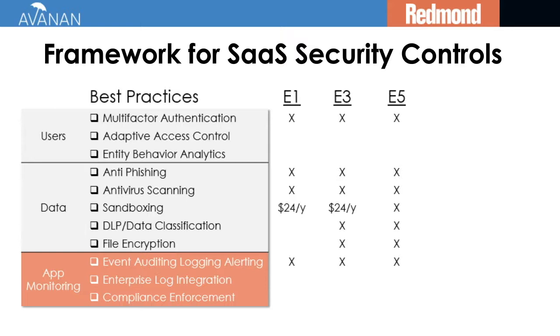So we also have to remember that even though we're talking about Office 365, we may also have deployed other SaaS applications for our business. In fact, if you're like most businesses, you've probably got dozens of SaaS applications installed throughout the company. So most other SaaS offerings don't have any of the security controls that Microsoft does. And if you pay for the Microsoft versions of, say, sandboxing and DLP, they don't apply to any of the other SaaS that you've deployed. So is it worth paying for tools that only apply in Office 365 when you've got these other applications to protect?